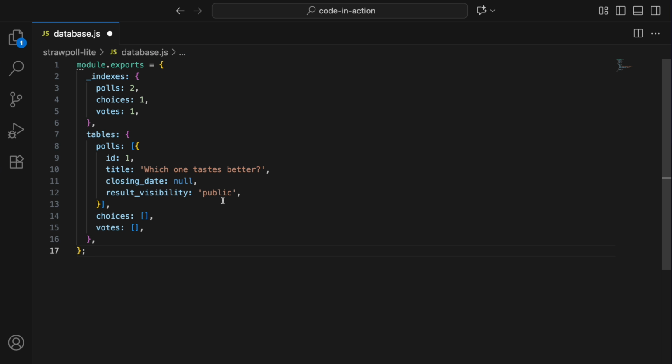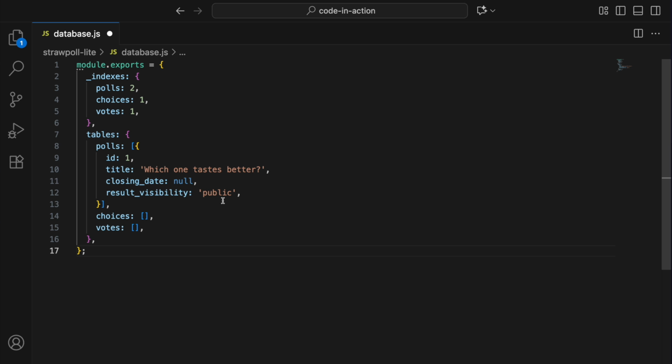To implement this behavior, each object of the polls, choices, and votes arrays will have an id property whose value will be derived from its corresponding property in the indexes object and incremented by 1 accordingly. This means that, for example, when adding a new object to the polls table, its id property will be set to the current value of the polls index, and the value of this index will then be incremented by 1 to reflect this addition. Now that that's out of the way, let's quickly break down each of the poll, choice, and